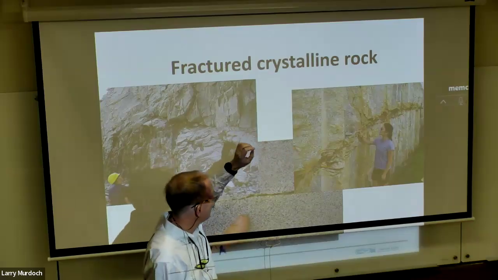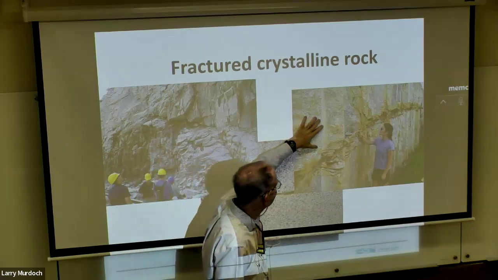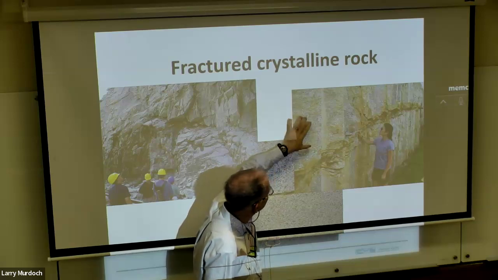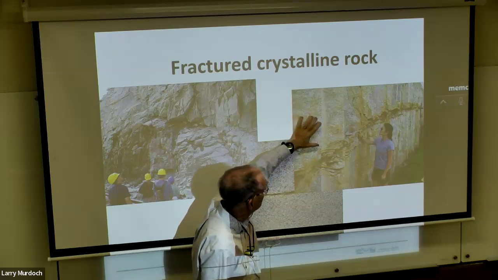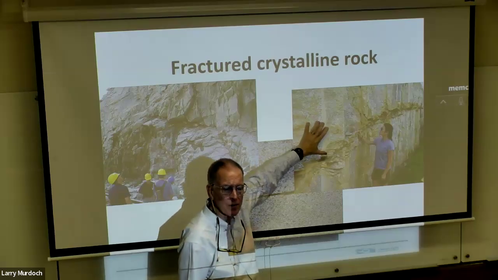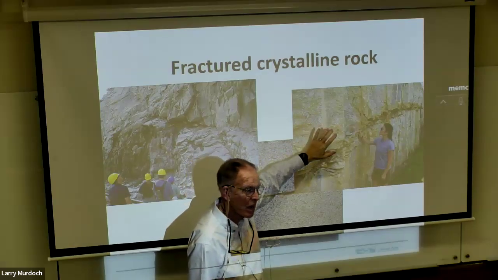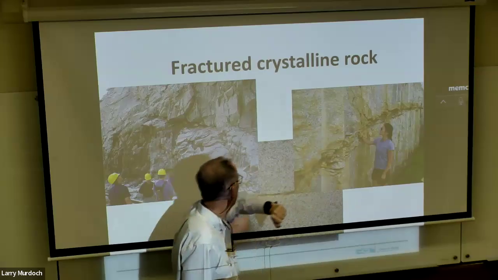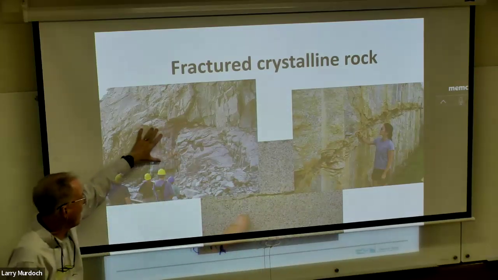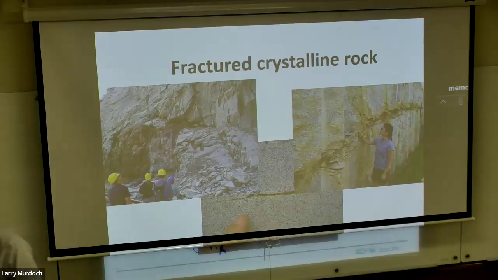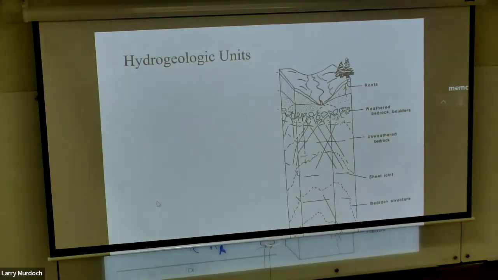Not nice, it's spelled G-N-E-I-S-S. It's banded. It's difficult to see the banding here, but this is probably the most common rock type around here, the high-grade metamorphic rock. This is also the same high-grade metamorphic rock. Crystalline rock, so the crystals have grown together and are interlocking, and very small pore spaces between them. So this is the crystalline rock